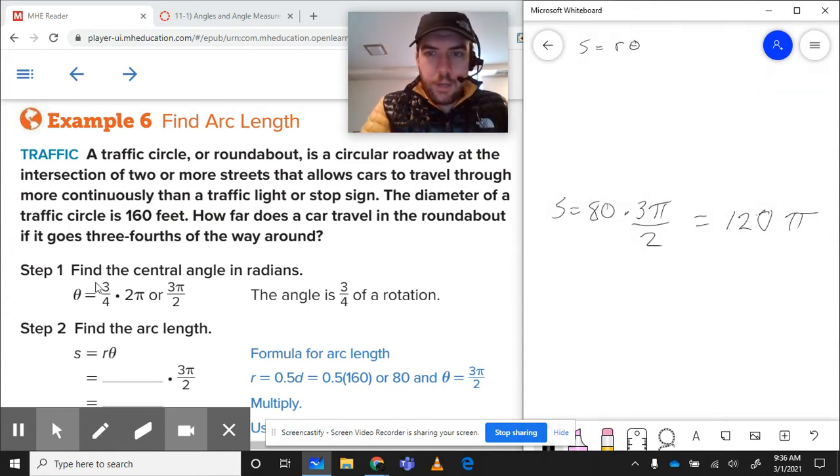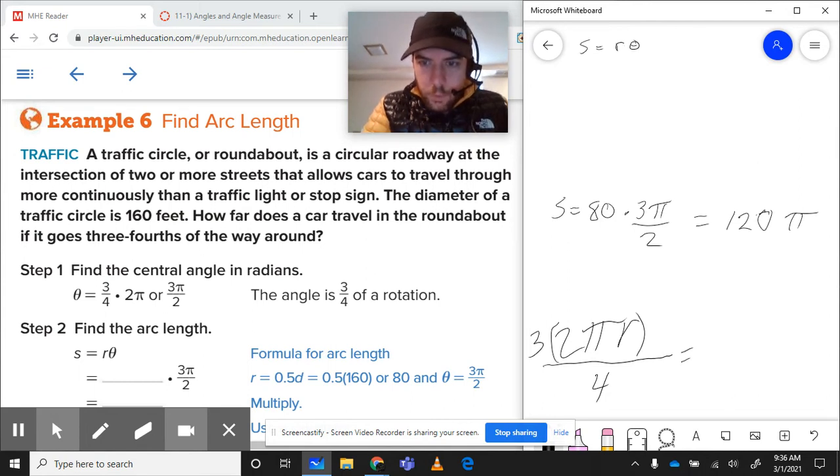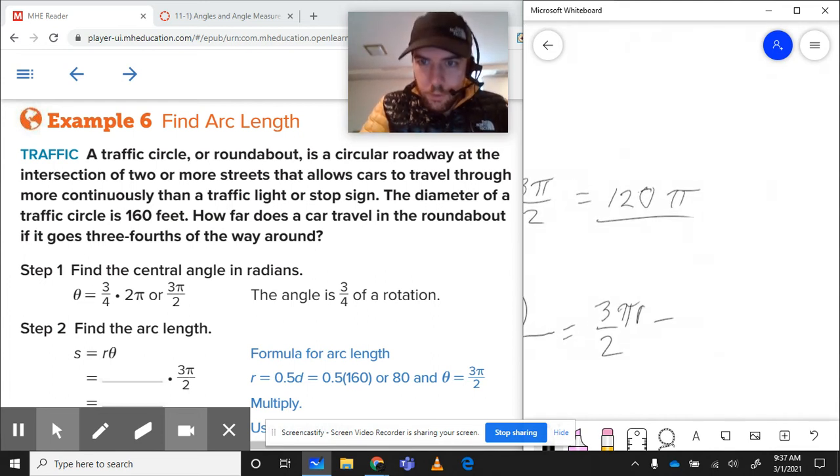We can compare that to what we would expect. If we did 2 pi r to get our circumference, and then multiplied that by 3/4, then we would get 6 over 4, which would reduce to 3 over 2 once again. So we're getting the same thing that we'd expect. We'd get 3 pi over 2 multiplied by our r, the exact same thing that we did to get this. Okay, so our final answer would be